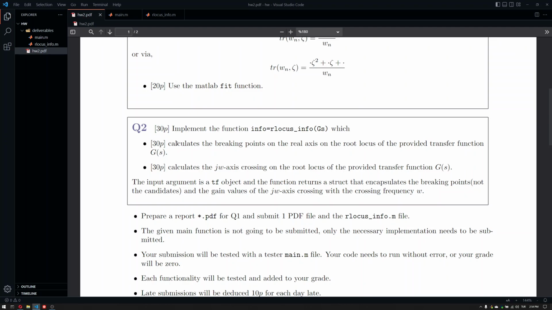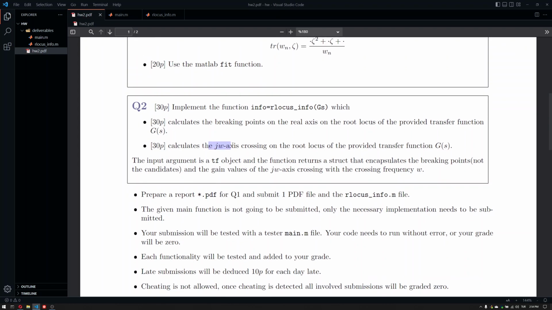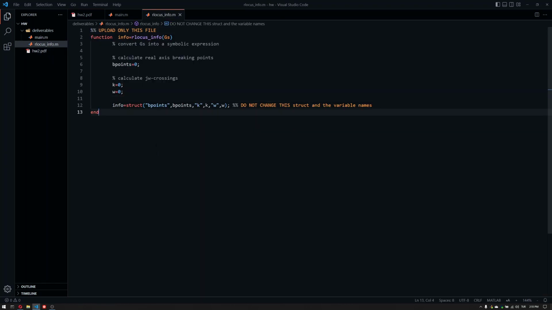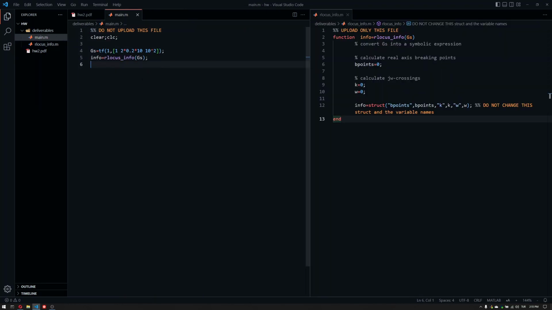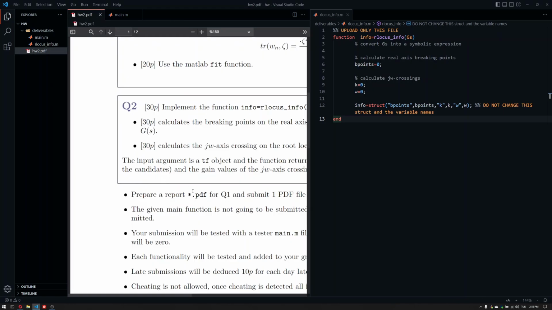Okay. Now, calculate the breaking points on the real axis on the root locus of the provided transfer function. So, first, we are going to calculate the breaking points of G(s) on the real axis. We are also going to calculate the j omega crossings of the root locus, and put it in a special structure and return it. That's basically it. And therefore I have this file prepared for you. Again, the same structure goes on like this. We can just give it a transfer function, call this info here, and the output should look like,